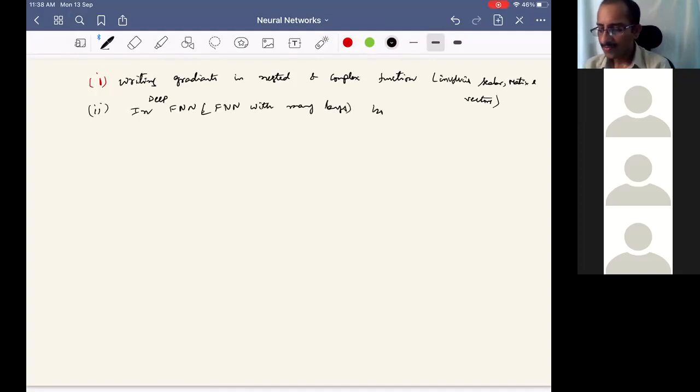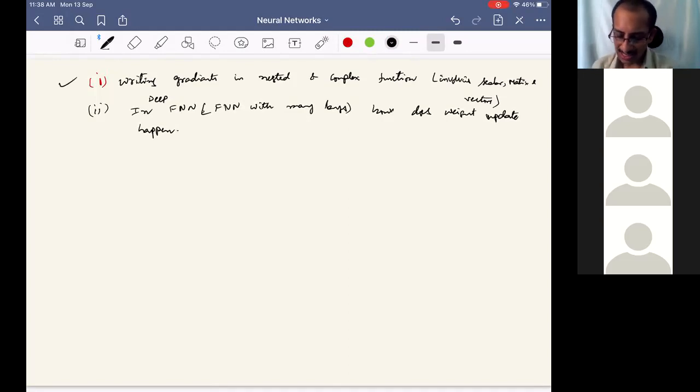So how does the weight update happen? That means we have only the output, right? So given the output alone, will we be able to effectively update all the weight elements, even in a 100 layer network? Because unless you properly update the weights, learning doesn't happen and the network may not be able to classify or perform its task. So these are the two things that we need to investigate.